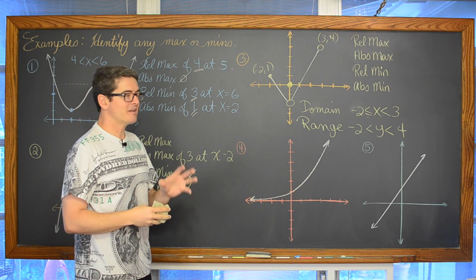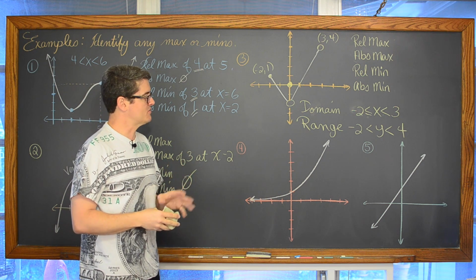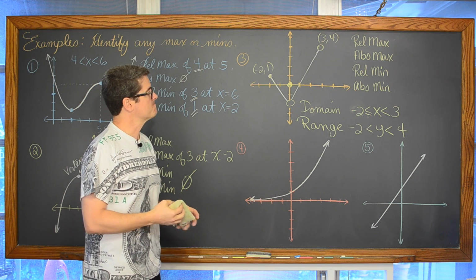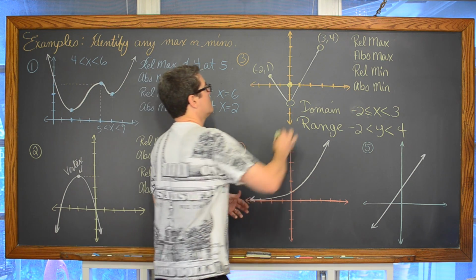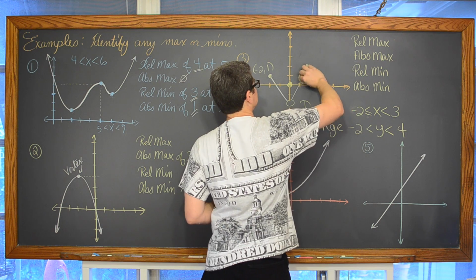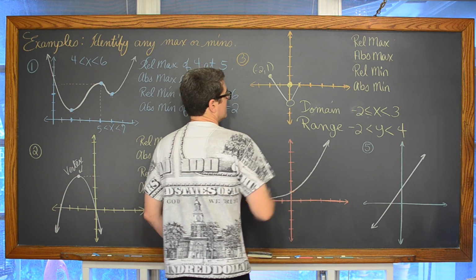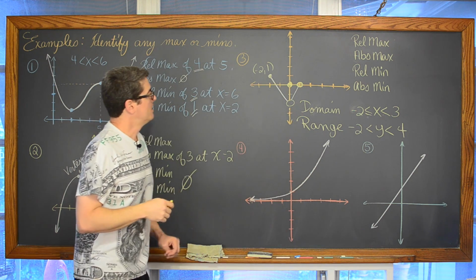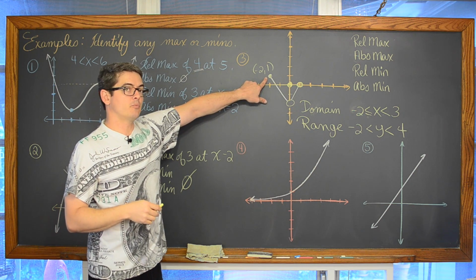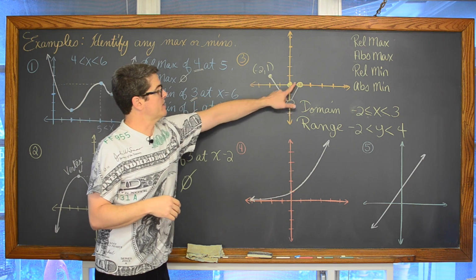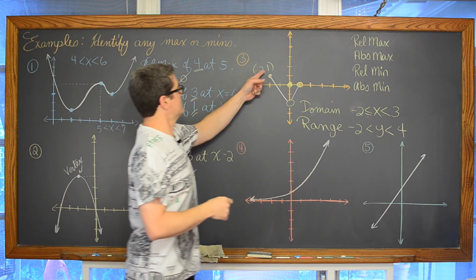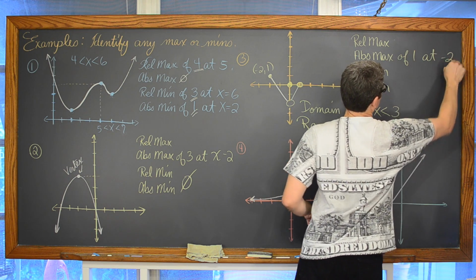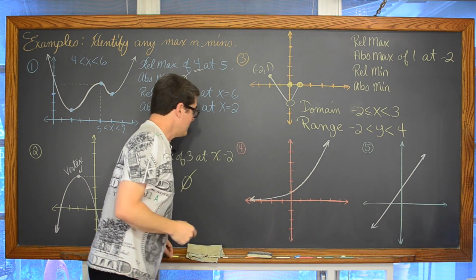These problems can get a little bit tricky, just looking at a picture and identifying relative and absolute mins and maxes. How about just one more variation? If I put in an open or closed dot there, now that point would work, at least the way it's drawn now, as an absolute max of 1 at -2. I don't know how many examples that was, but it was all off of that picture.